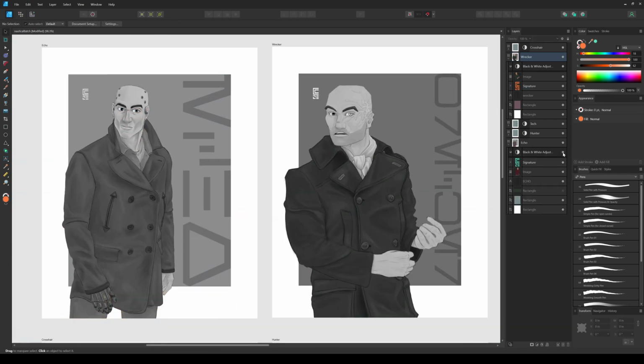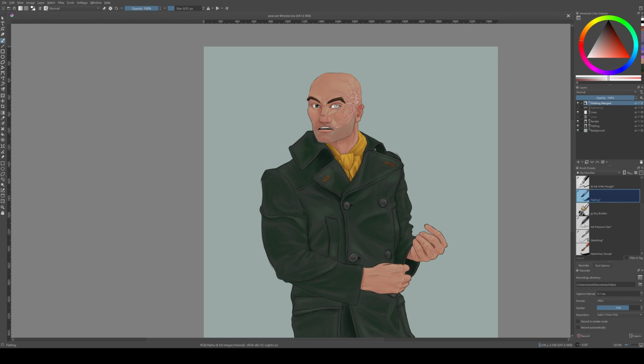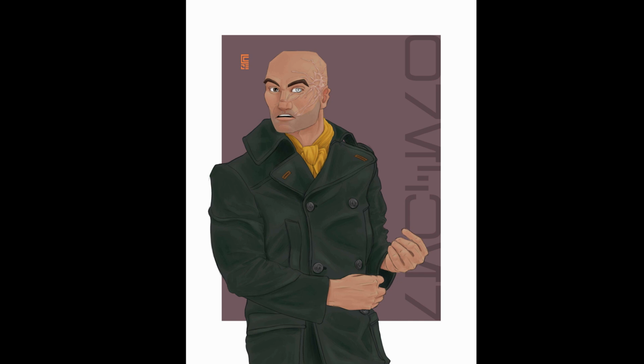Checked values, adjusted the colors of the stuff. Realized again something else that I'd forgotten, which was the highlights on the eyes. I frequently get ahead of myself like that because I just get so excited to see it done. And here is the